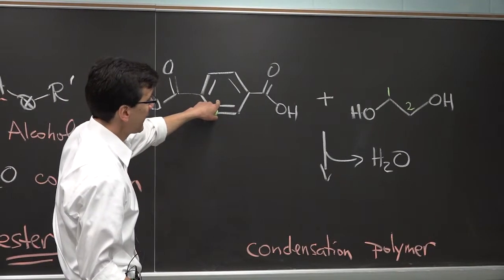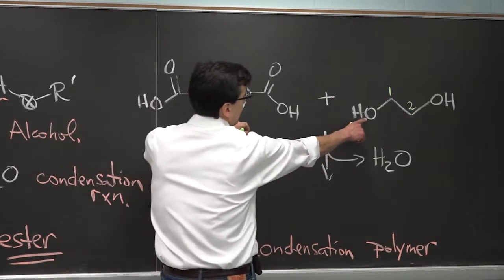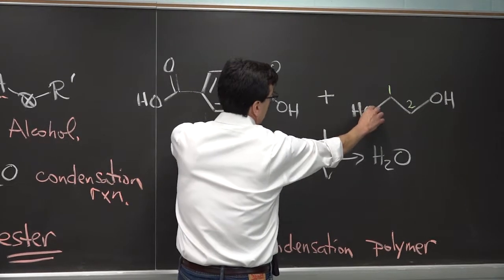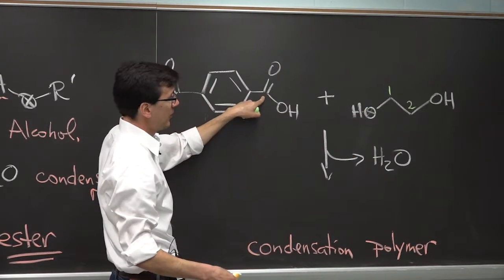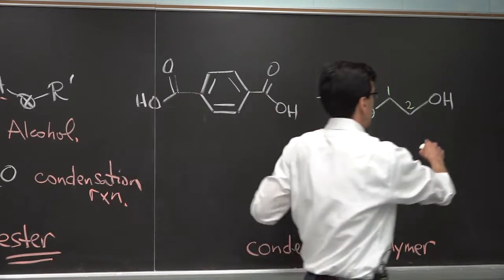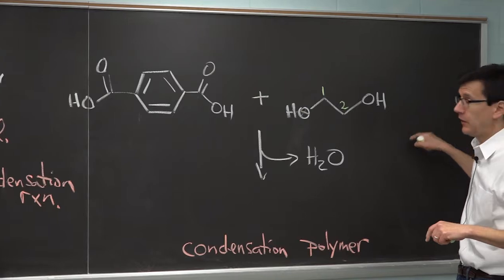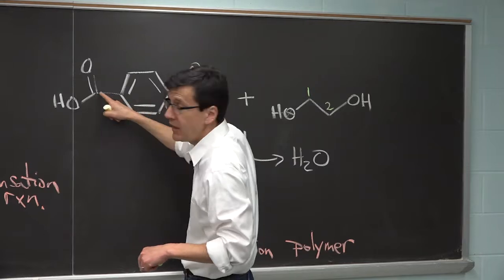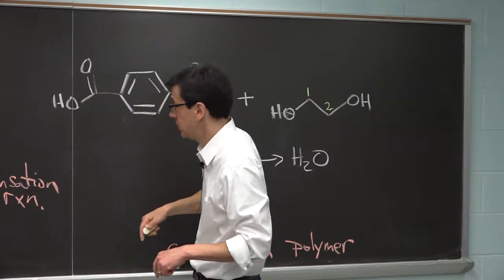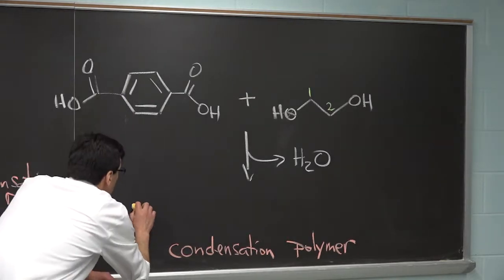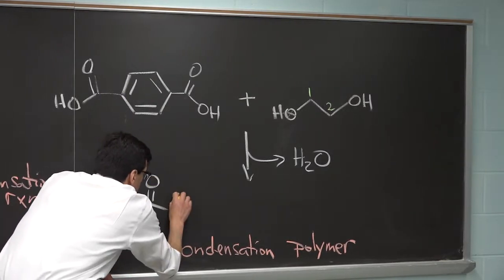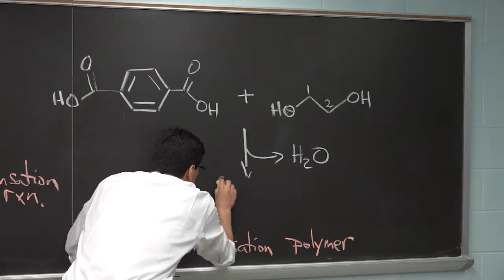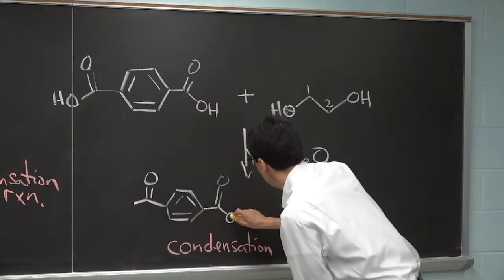This dicarboxylic acid could condense with the OH group of the alcohol to make an ester between this oxygen and this carbonyl. And then you would have another OH on this side, which could do the same. And then this dicarboxylic acid has the ability to form an ester on this side and an ester on the other side as well. Okay? So maybe, let's see here, if we start with this. So here would be